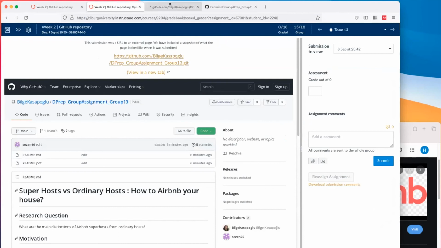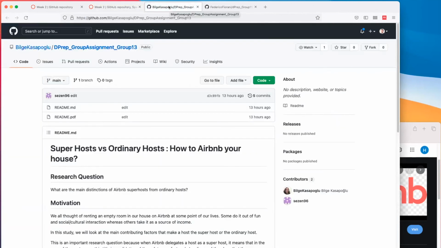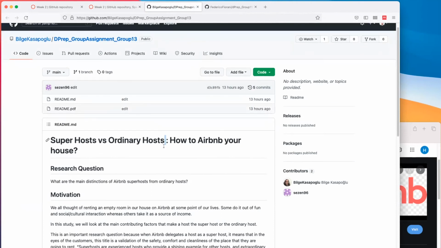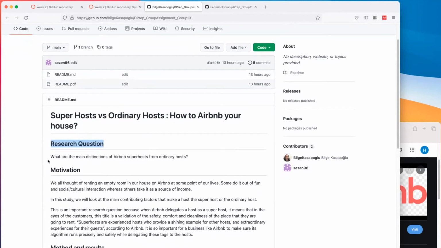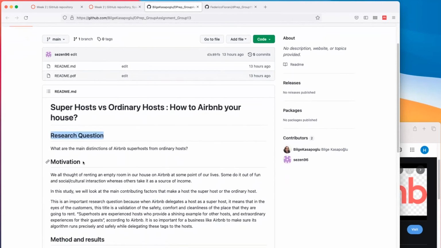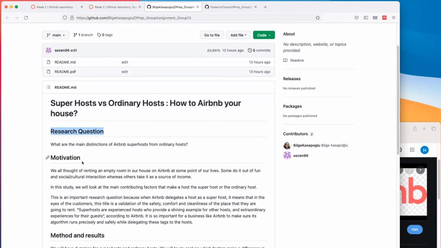Team 13, I love your title. By the way, there are too many spaces here, so remove that space. Your title is attractive. It's just like 5 words, it's easy to grasp, and then comes something else. That's why research questions or paper titles are sometimes like this. Superhost is also very attractive because super is a nice word. Then don't scare off people with the research question. Maybe you want to change this a little, like the problem we're trying to solve. Make it a little objective. Cool, good.